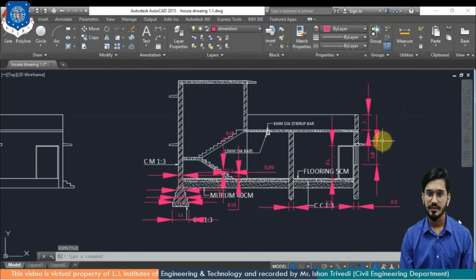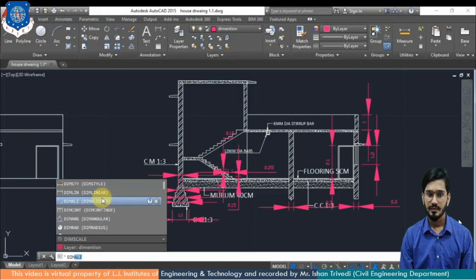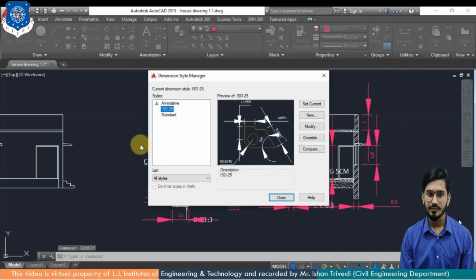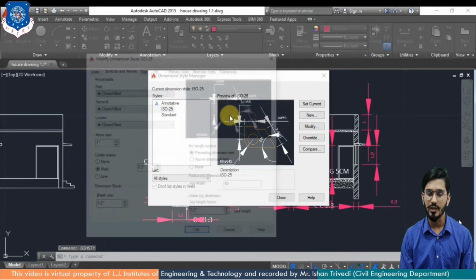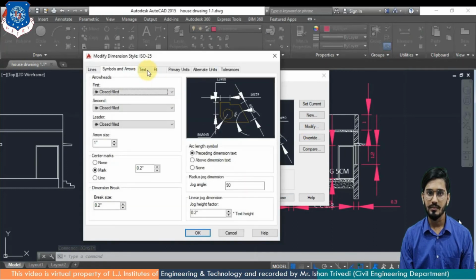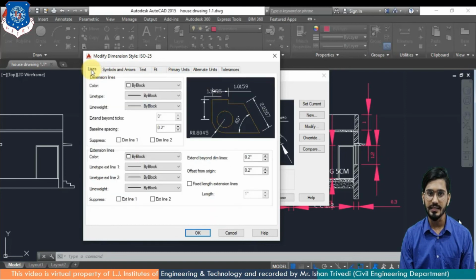See the size. It is almost more than the space. In bigger drawing again you can apply it. I am going to change it right now. This is just for your understanding. Modify, and this symbol and arrow I am going to provide as it is 0.2. Press OK. You can also opt other options as well. Lines like color and other things are there. Their thickness.